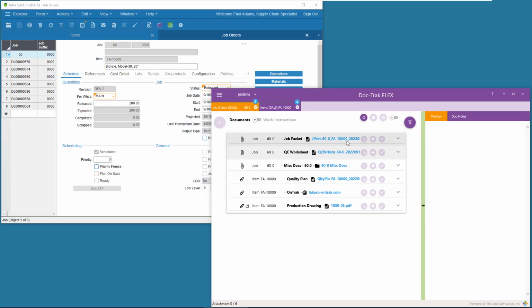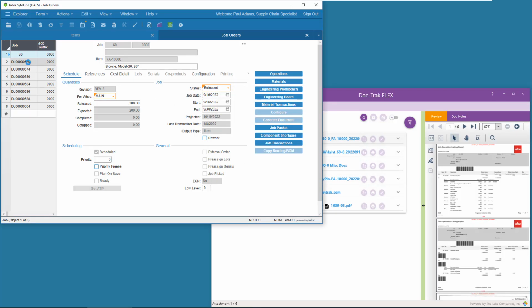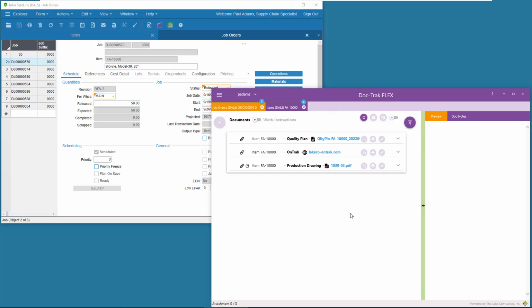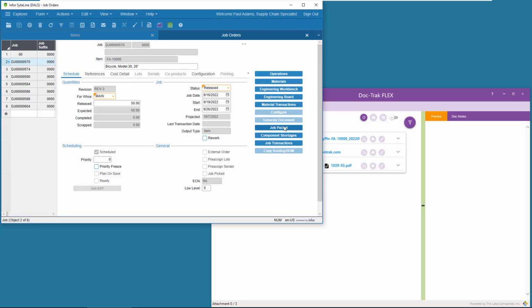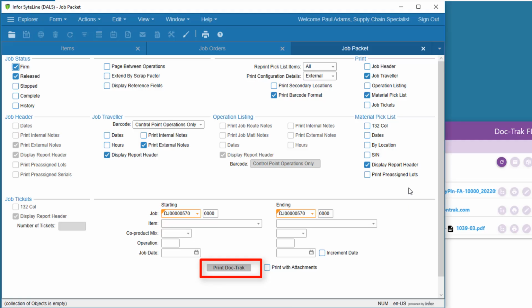This job already has a job packet, so let's select the next job for the FA10000 bike. This one doesn't have one yet, so let's make one now. Notice that instead of print, our button says Print DocTrack. Also, we have this optional checkbox to include the assigned DocTrack attachments with our report as one bundled PDF. I'll make my choices.